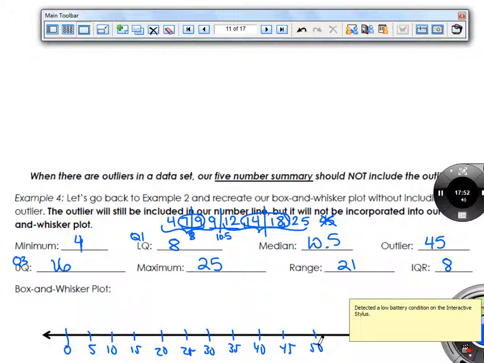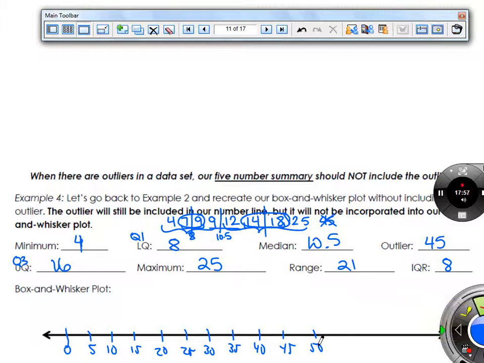Okay. So just how we created a box and whisker plot, we normally take our minimum. It creates a point at 4. Our quartile 1 is at 8. That's going to be the beginning of our box, so I'm just going to make a mark like that. Our median is at 10.5, so really close together. Our quartile 3 is at 16, and then the maximum is at 25. So now our box and whisker plot